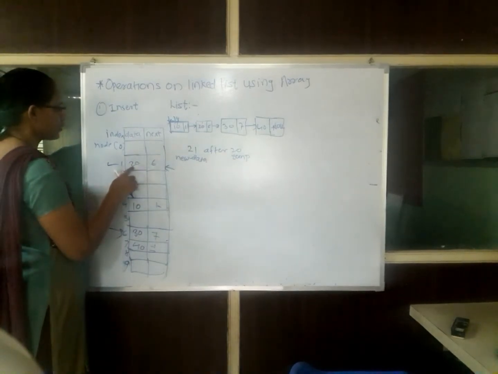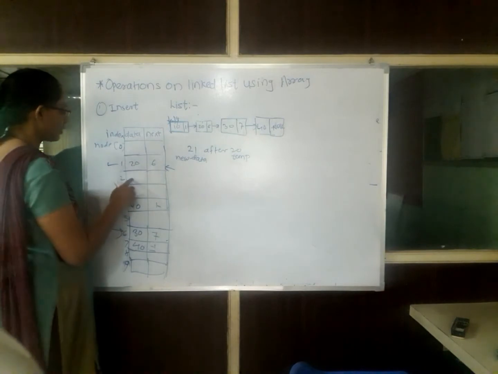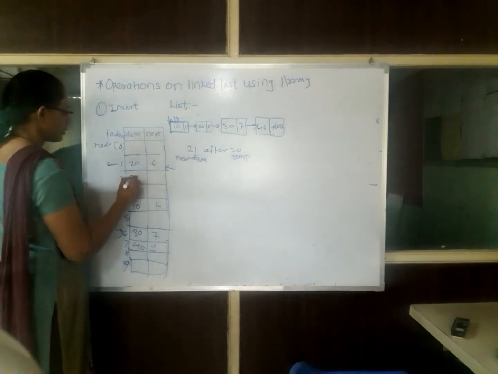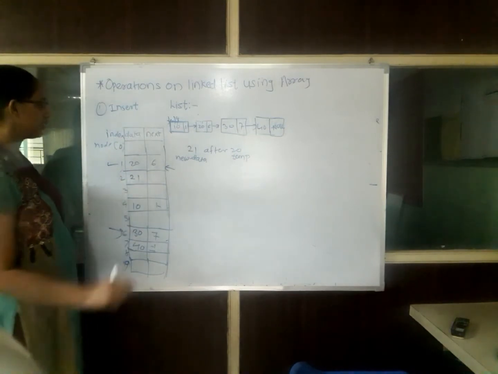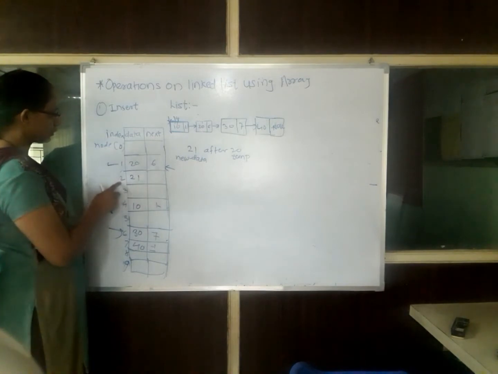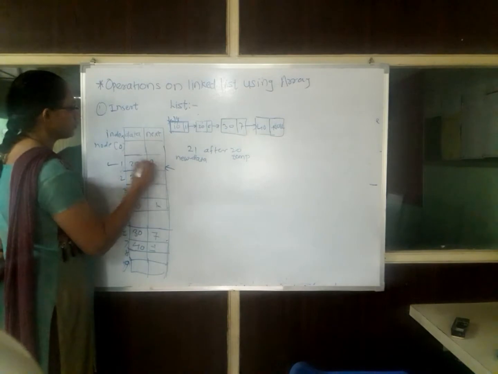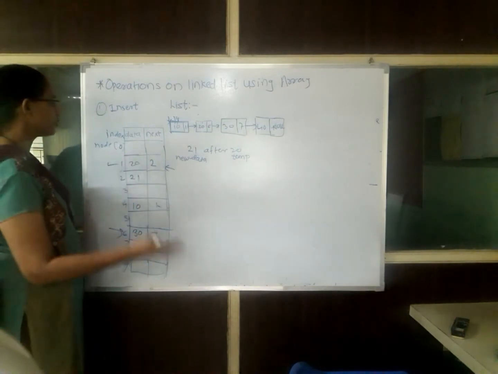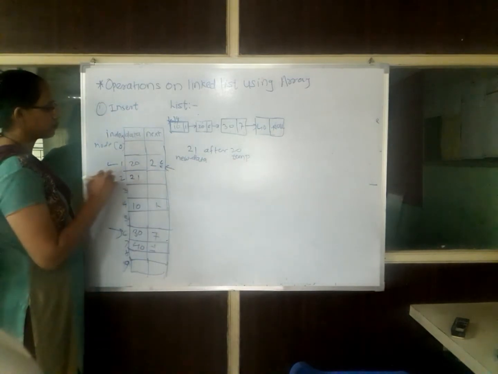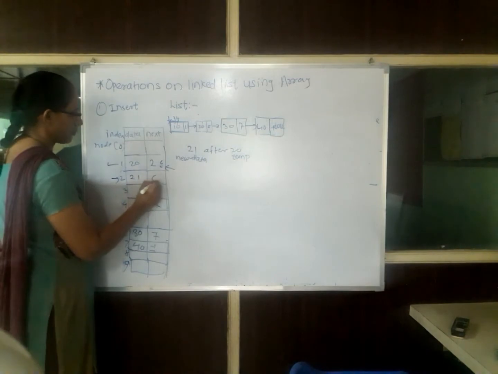It means there is some link which will point to the next element. But after this 20, I want to insert this 21. So after 20, what is the next location? That is the second location. So at the second location, I will enter 21. After 20, there should be 21. 21 is located at 2. So here in the next part, I will put 6 instead of 2. Then where to put 6?